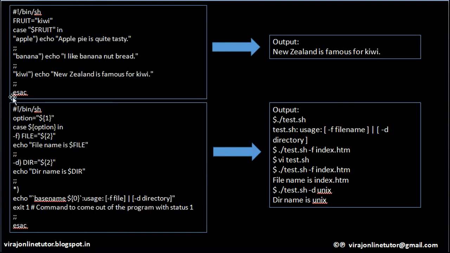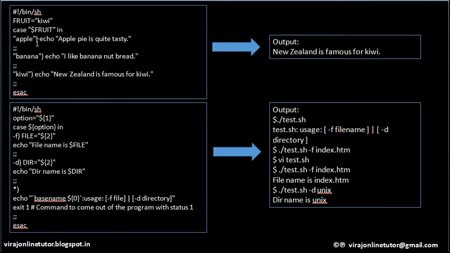And end this block with esac, which is the opposite of case. So if you just type case opposite, you get esac. So end it with esac. Just to summarize this block, it started with case and ended with esac. Then you name the variable which will be used for comparison. Use in, and then keep on giving all the options that you will have. And on the right hand side of the option, please place the close bracket.